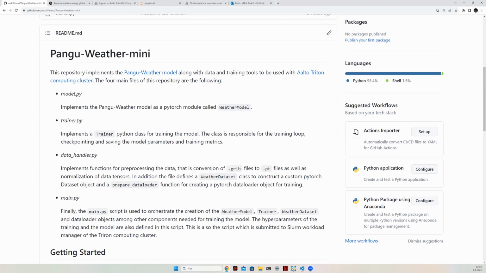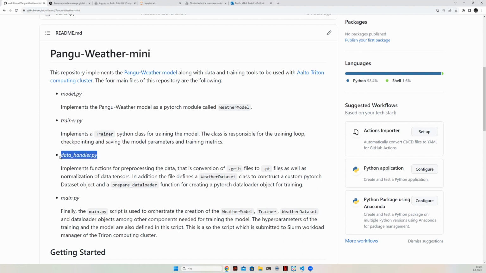Then we have a separate trainer file, which implements a trainer class responsible for the training loop, saving checkpoints, and saving the model parameters and training metrics as a result of the training.